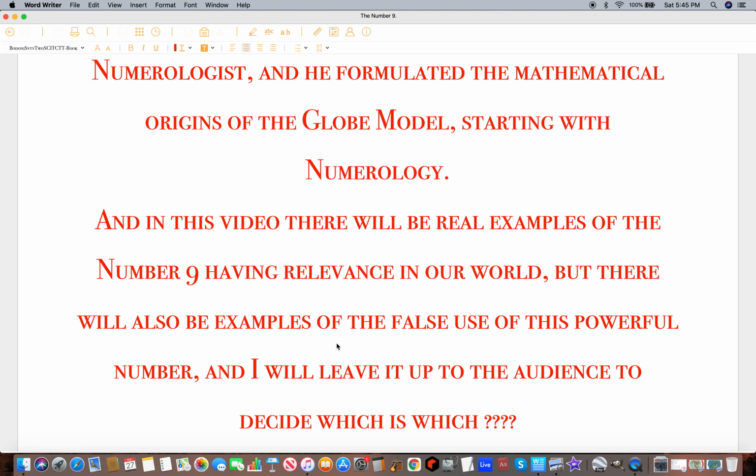So I could create something, knowing what I know about it, I could create my own globe model, and all I have to do is make everything fit a certain criteria. Okay, that's what it is. So you can make your own mathematical model, but it will actually be numerological if you make it fit a certain criteria. And that's all that's happened with the globe Earth, or the globe model, I should say.